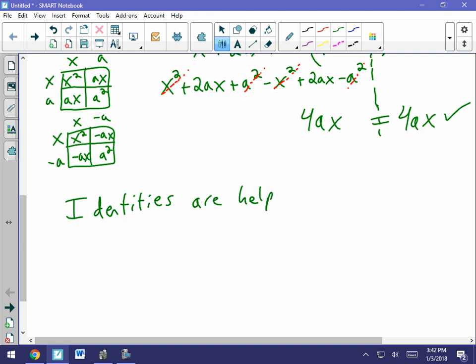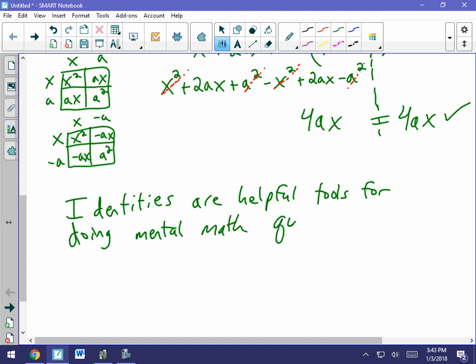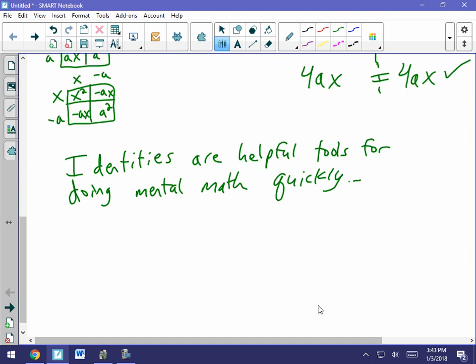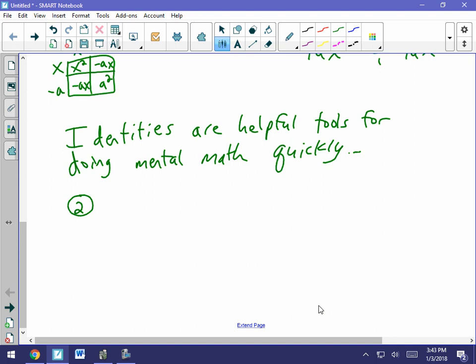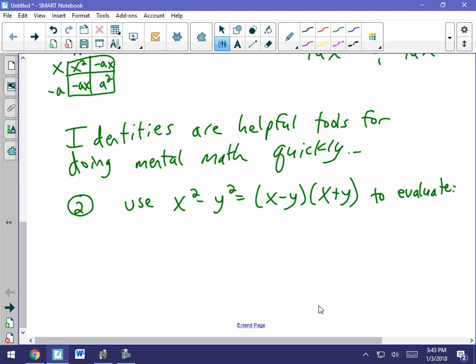So identities are helpful tools for doing mental math quickly. And I'll show you some examples of how we might use them. Okay, so this says use x squared minus y squared equals x minus y, x plus y, so that identity that we saw up above, to evaluate a couple of things here, starting with 50 squared